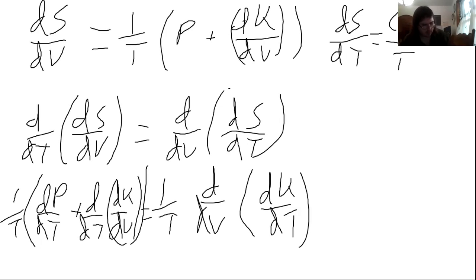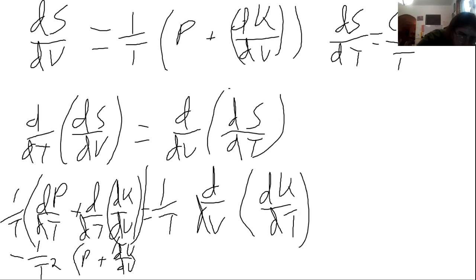We also have a secondary part. We could either do the inside part or the outside part. The product rule also includes this part: 1 over t squared, which is the d dt, and then this leaves the p plus du dv. So the product rule separates that t from the p du dv. And we switch those around. Okay. Set those two equal